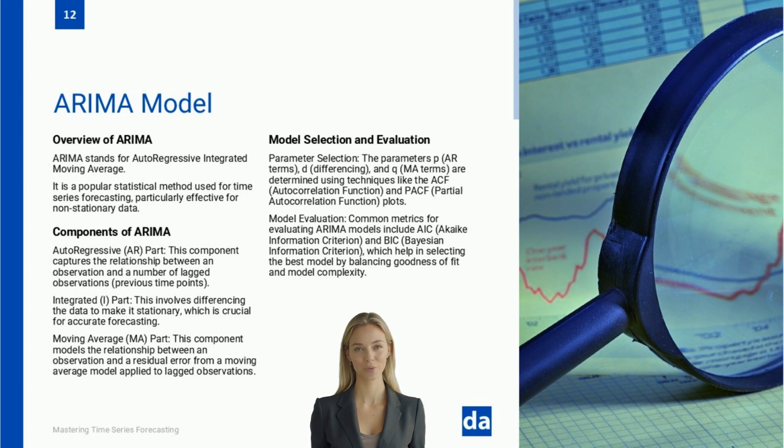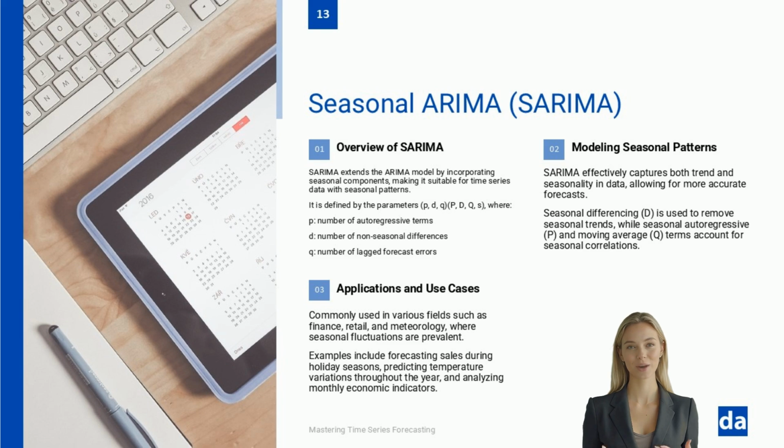For evaluating the performance of ARIMA models, we often rely on metrics like the Akaike Information Criterion (AIC) and the Bayesian Information Criterion (BIC). These metrics help us select the best model by balancing the goodness of fit with the complexity of the model. Let's talk about seasonal ARIMA, or SARIMA, which is an extension of the ARIMA model designed